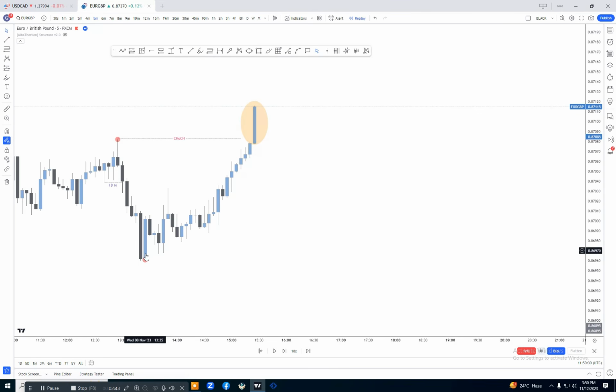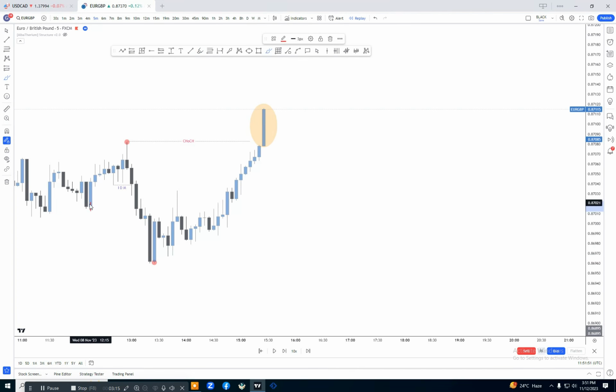For confirmation of the lower low, we need to find the lowest low of the whole move, this single move. We need to find the lowest point, which was here. We cannot mark that low as a lower low, because that was the latest low before this breakout structure. We need to find the deepest low from that move.